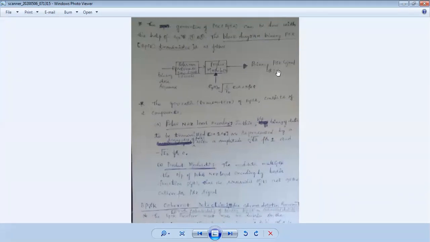This block is how exactly we generate what we proposed in the equation in the last section, that is S1 of 2 is equal to S11 is equal to plus square root of Eb, S21 is equal to minus square root of Eb. So when you say the first, this is the information, and this has to be what exactly? This is a non-return-to-zero coder, and this has to be multiplied with the phi function, and the binary information will come. Look back here, simply the binary data, let us say this is the information to be transmitted. It consists of 11000011, and this will be converted into a polar binary signal, which is most important.